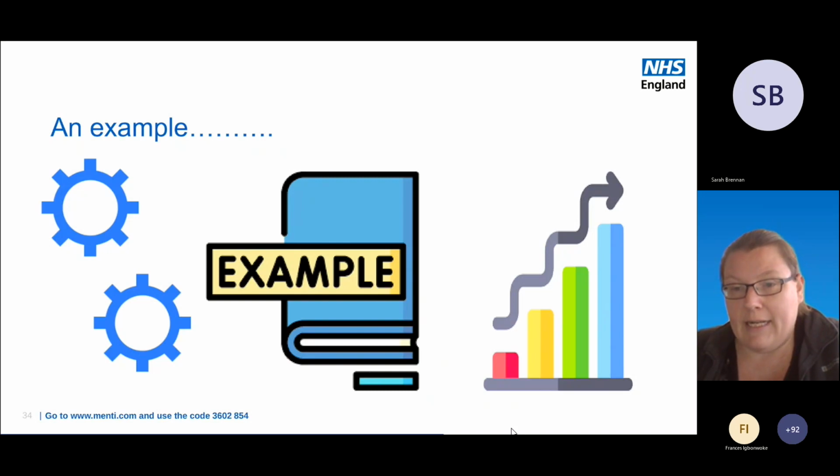At the time that the work was undertaken, it had one of the lowest CYP access rates in the country when we were looking and using MHSDS, and we knew that that wasn't quite true. And so we did some deep dive work. We worked with the intensive support team at the time and undertook a diagnostic review to really understand what was happening and why those figures were really quite low. What we were able to do with that is map the pathway.